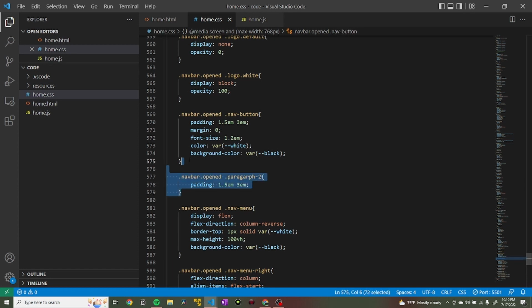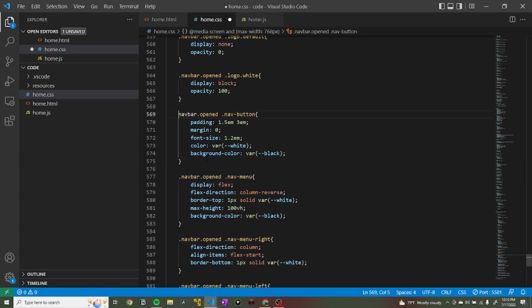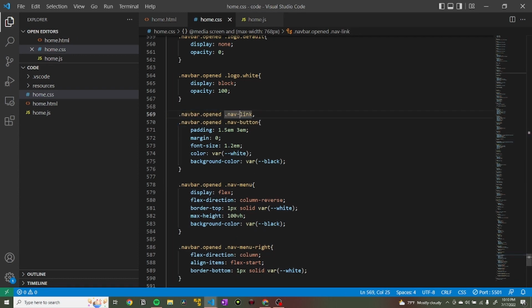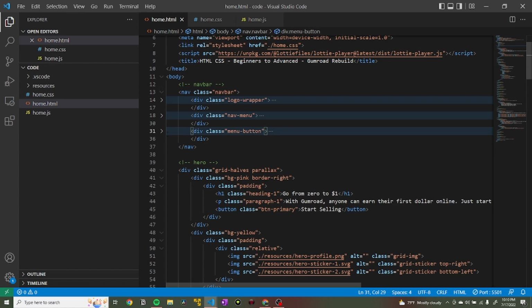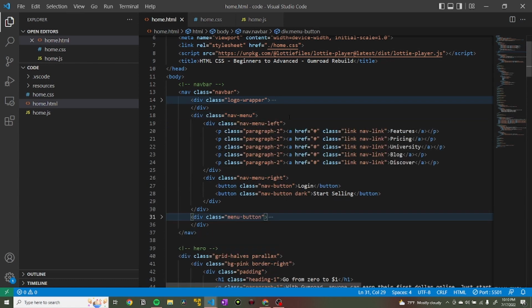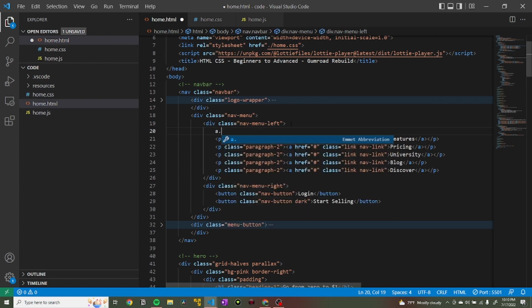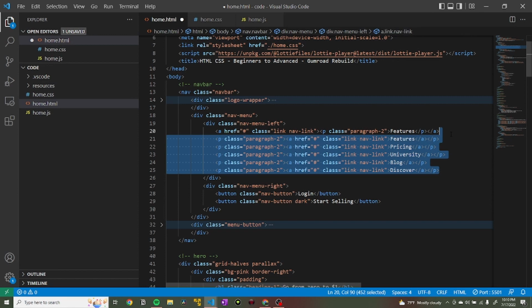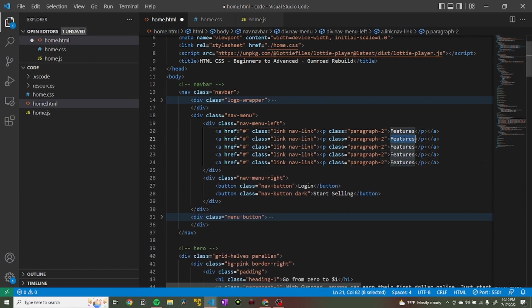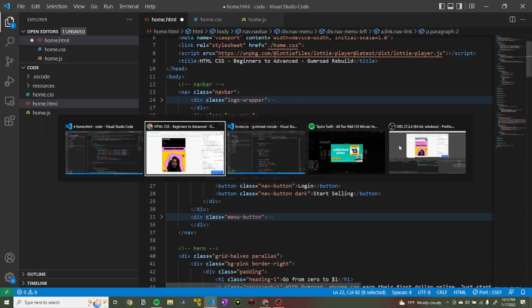Yep, okay, so I think the mistake that we made was in our HTML, so I'm going to go back and fix a little bit of this. Okay, so I'm going to get a nav link, and then I'm going to go back to our nav menu here, and the structure really should be a.link.navlink, and then the paragraph element should be inside of the link, not the link inside the paragraph. So see features, and then I'm just going to delete this and just copy and paste it. Pricing,